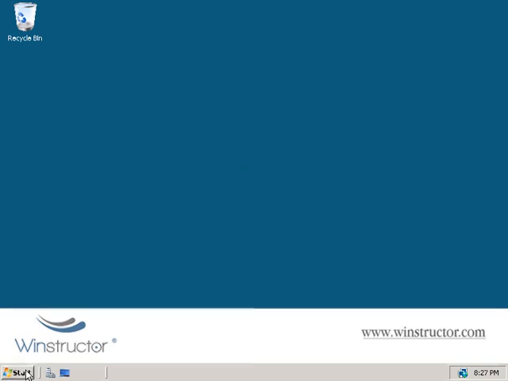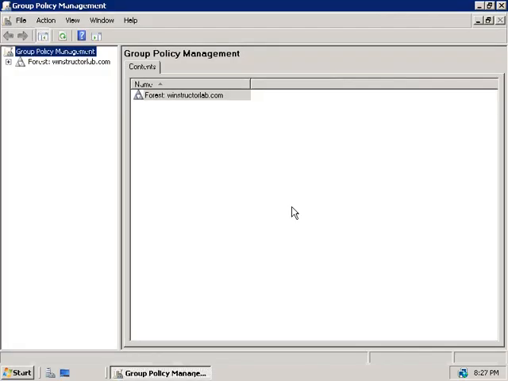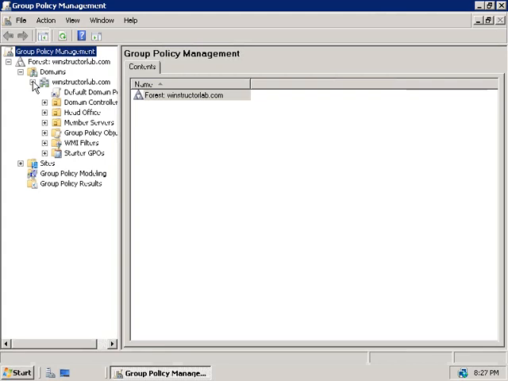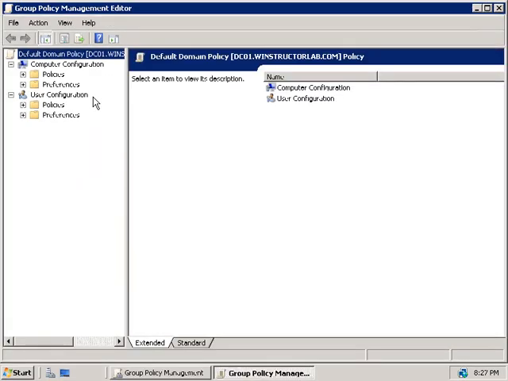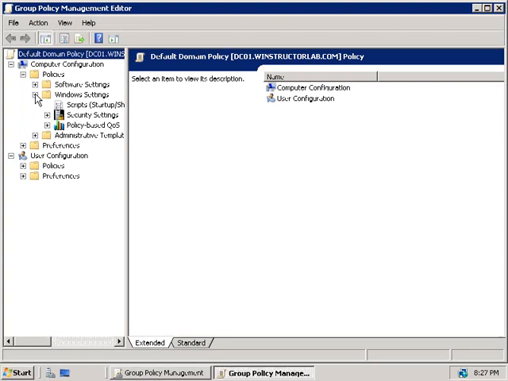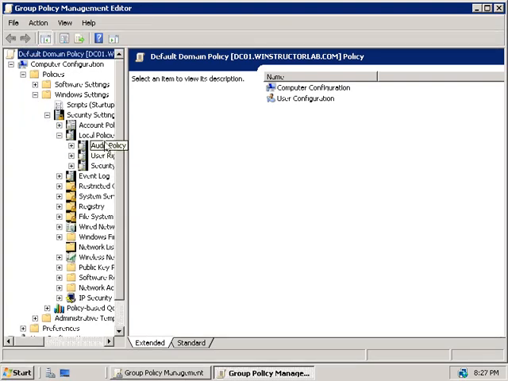So we'll go and click on Start, and we'll go to Administrative Tools, and then we'll launch the Group Policy Management Console. And in the left here, we'll expand our forest, we'll expand domains, and then our domain, winstructorlab.com. And we'll right click on our default domain policy and we'll choose Edit. And this will open up the Group Policy Management Editor. So under the Computer Configuration heading, we'll expand Policies, we'll expand Windows Settings, Security Settings, Local Policies, and we'll select